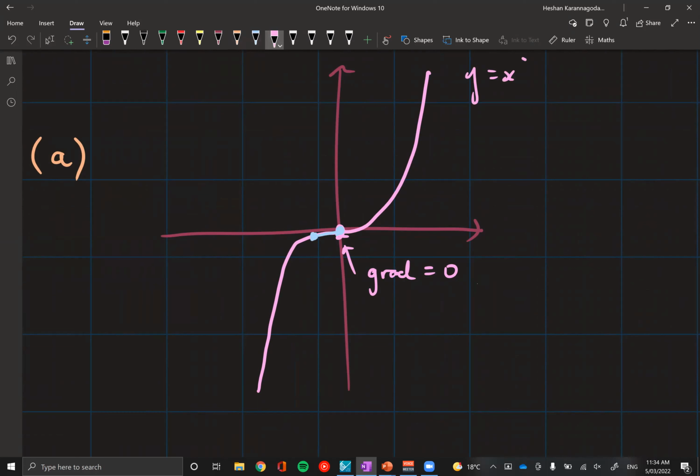This is the equation of Y equals x cubed. Then if you move to the right again, it still goes higher. It's only flat at that one point there. So you're going to move through it. And as you move right, it's still going to get higher, even though it's a flat gradient.